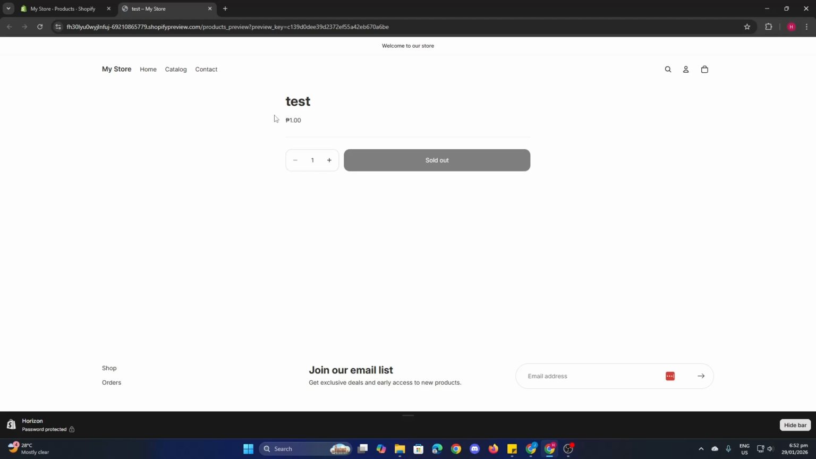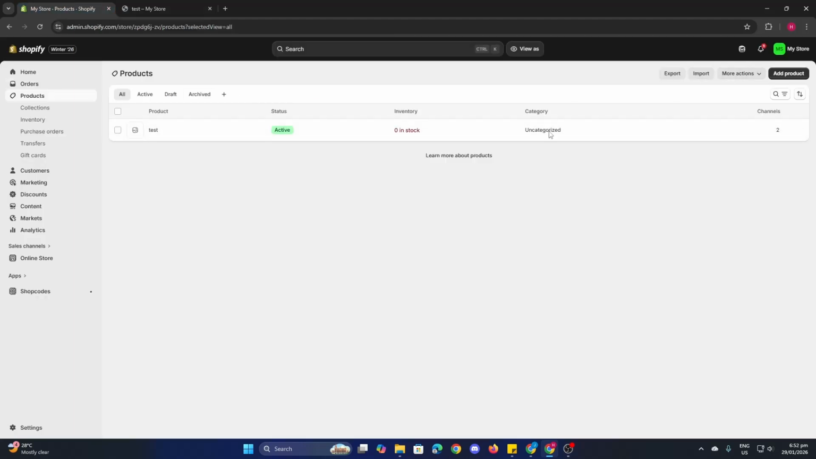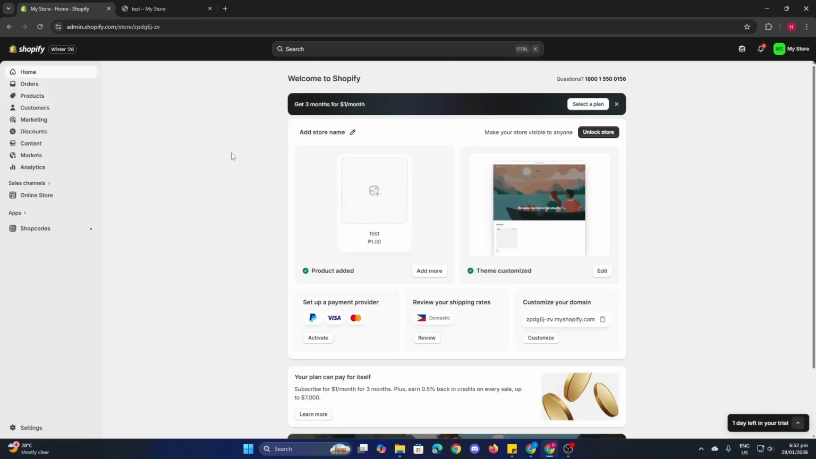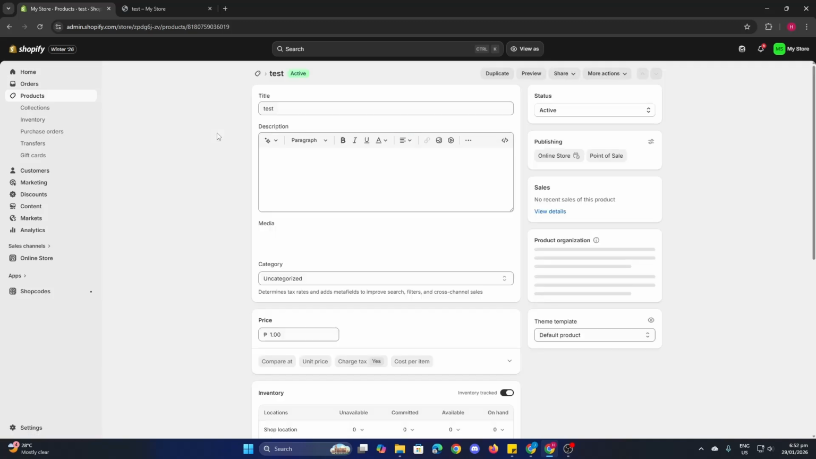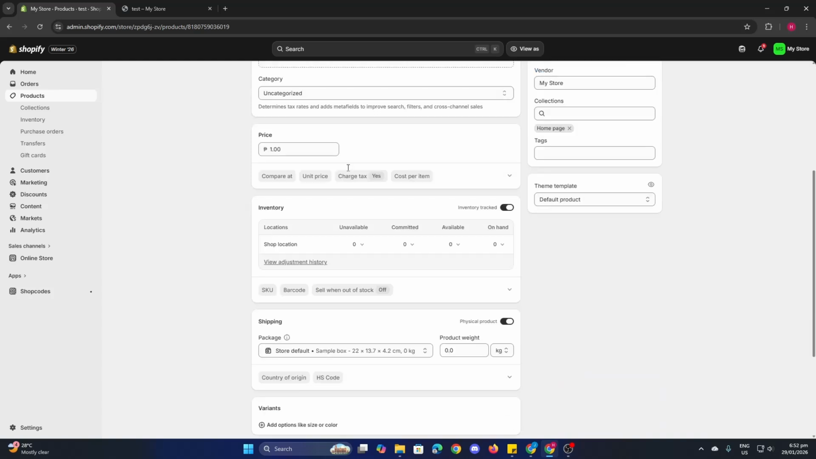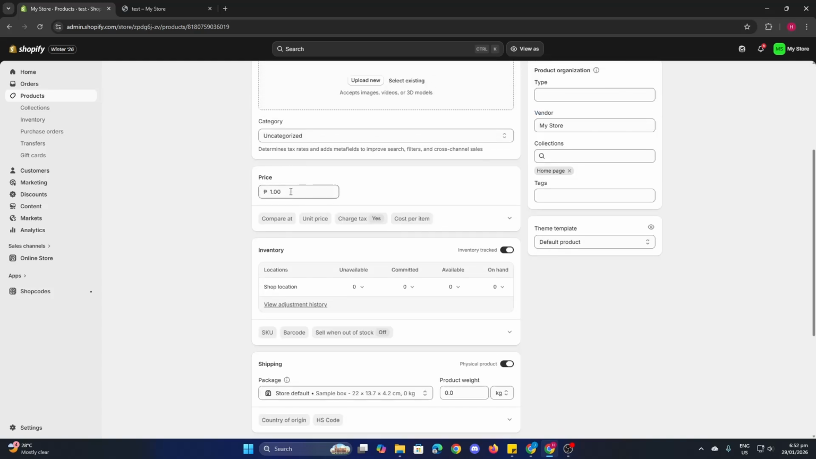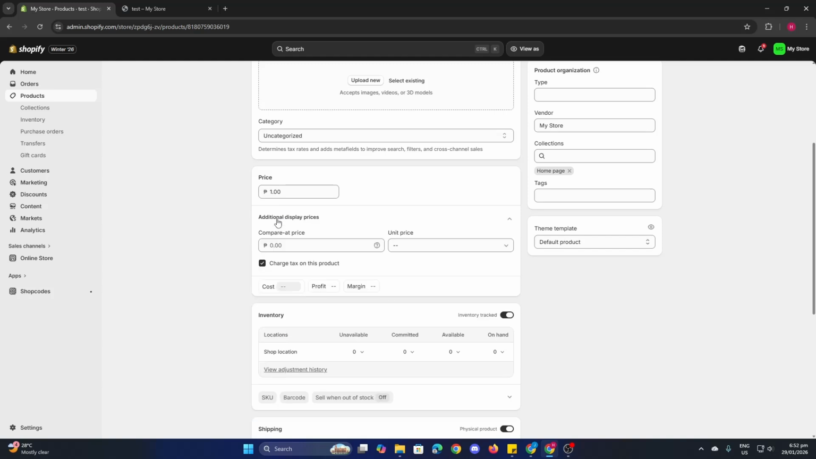So what you can do is just go here on the back end of your Shopify account, and then you can just click on products here, and then you can just click on that product that you want to add a sale to. So just click on it, open it, then scroll down here, and you can see the price here. So you can just click on compare at here,